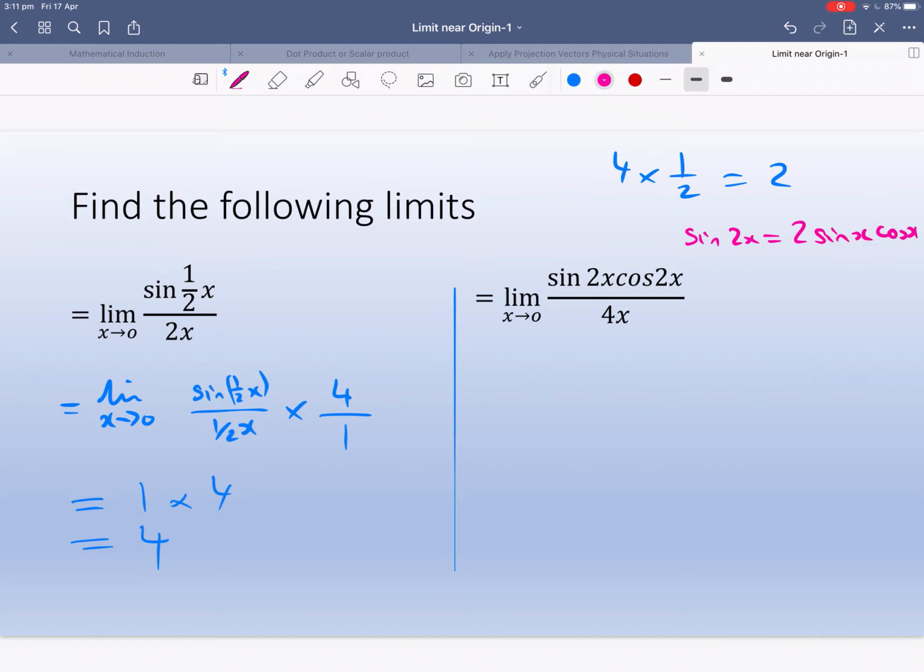So what that tells me is that this angle is double these angles. So I'm going to use that identity to change this. Now, it isn't quite that yet. So I need to change it by multiplying, putting a 2 there. But what I do to the top of the fraction, I must do to the bottom of the fraction. So I get this